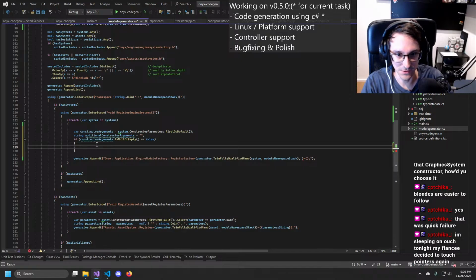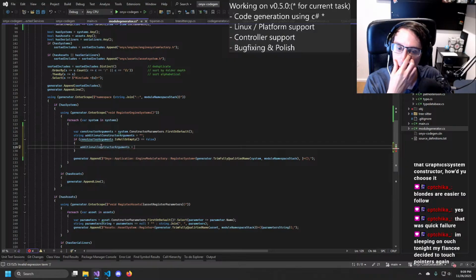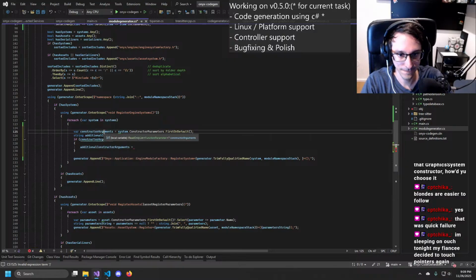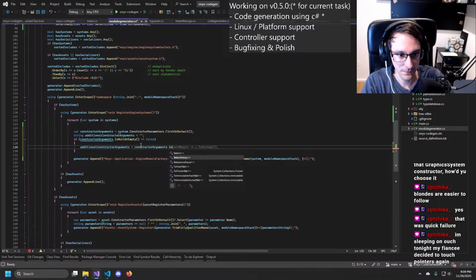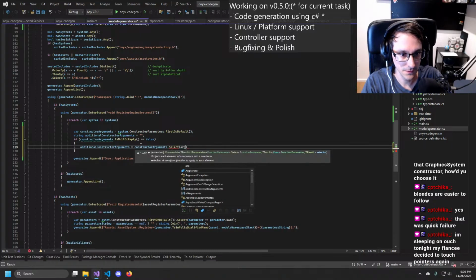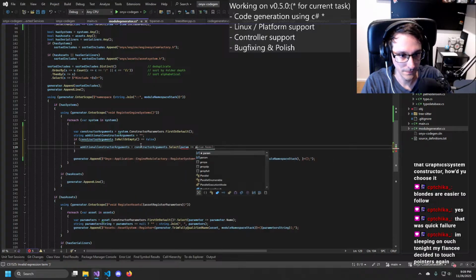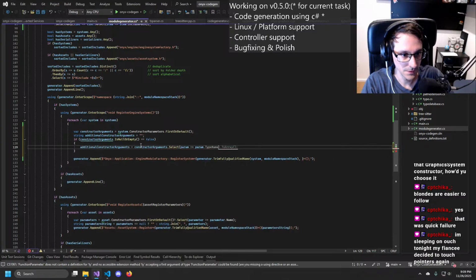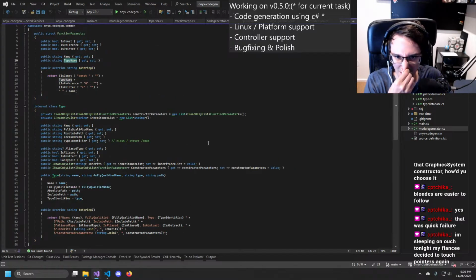Then we do additional that is type name. Do I need to take a full type here?